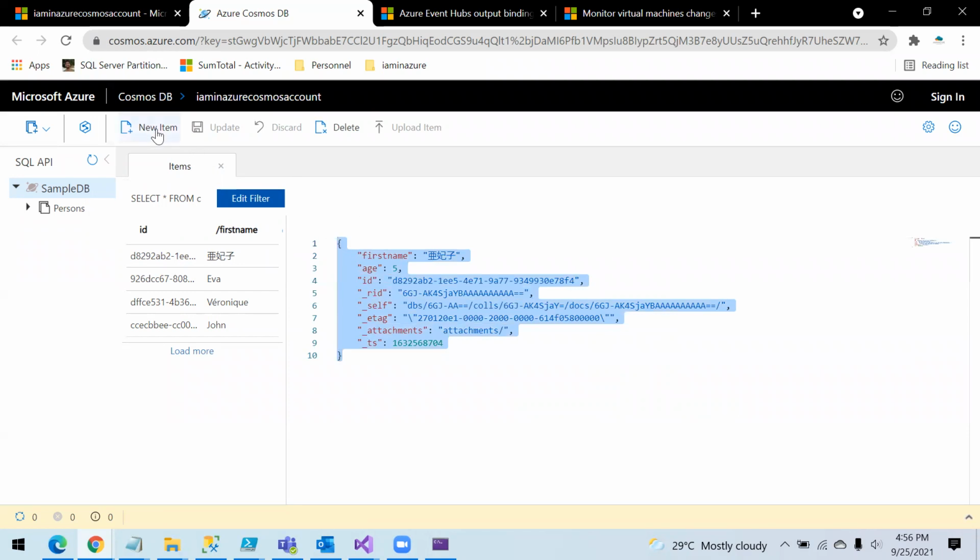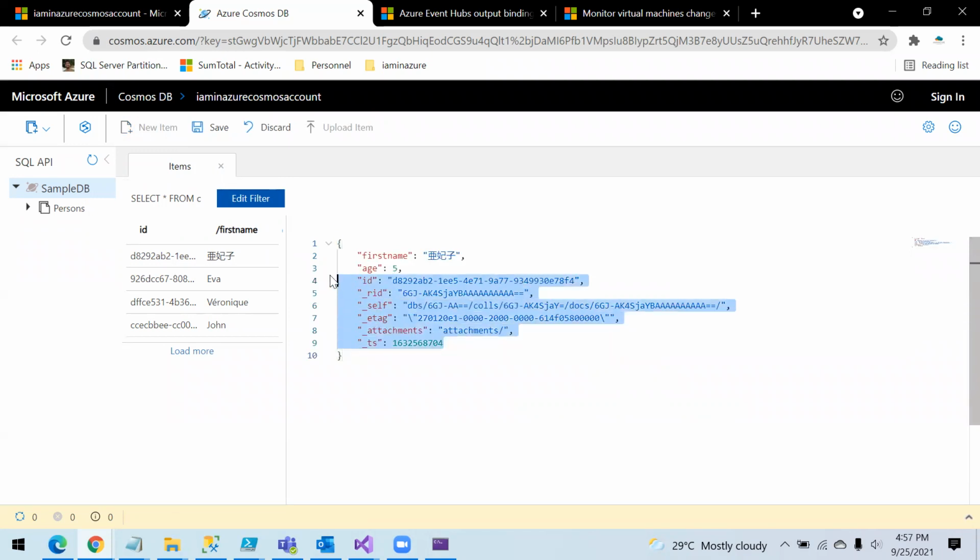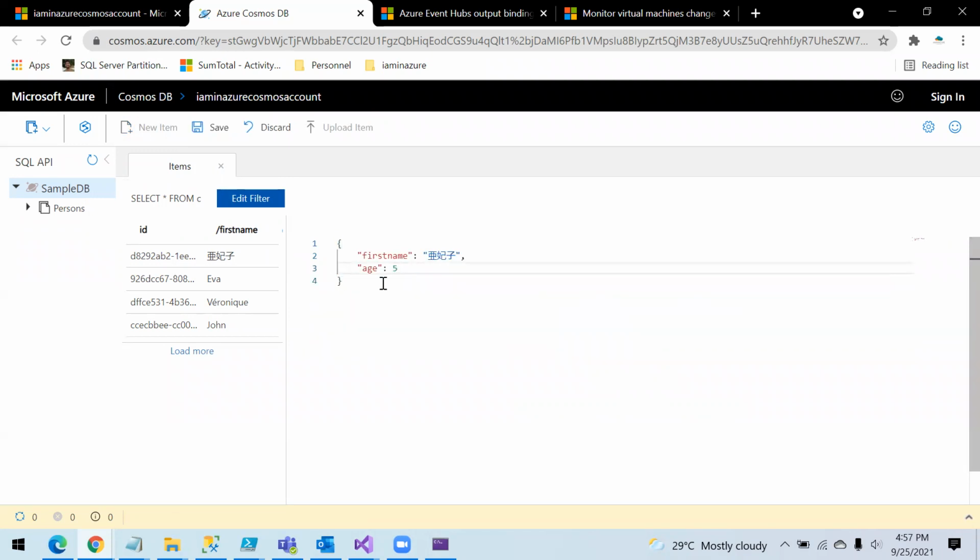I'm going to add new item and just replace this. I'm not going to add these default values, the automatically generated values. I'm giving a different first name here. I'm just putting it as I am on Azure and age to be 5 for now.